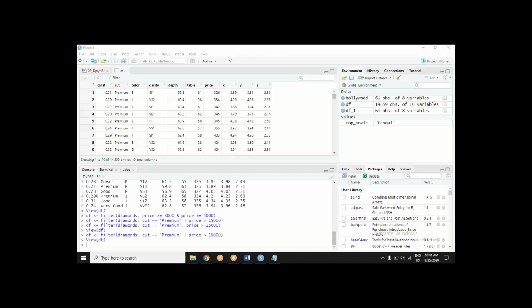Then there is something which you saw in SQL also, group by. Group by and see the summary of something. What used to happen in SQL?